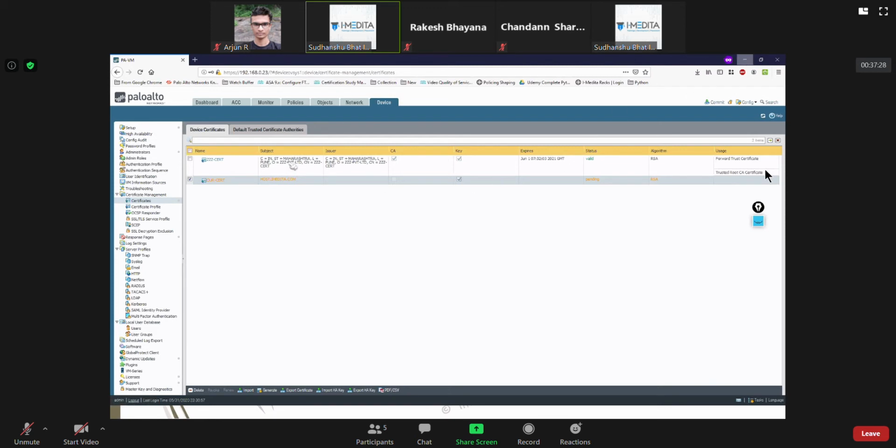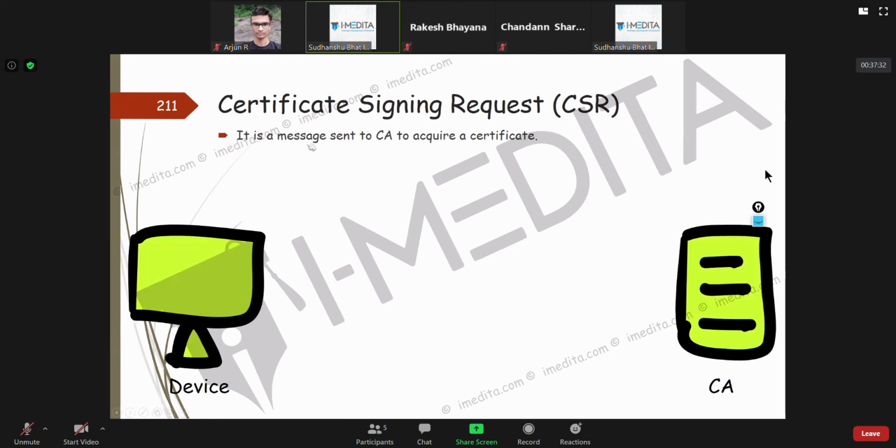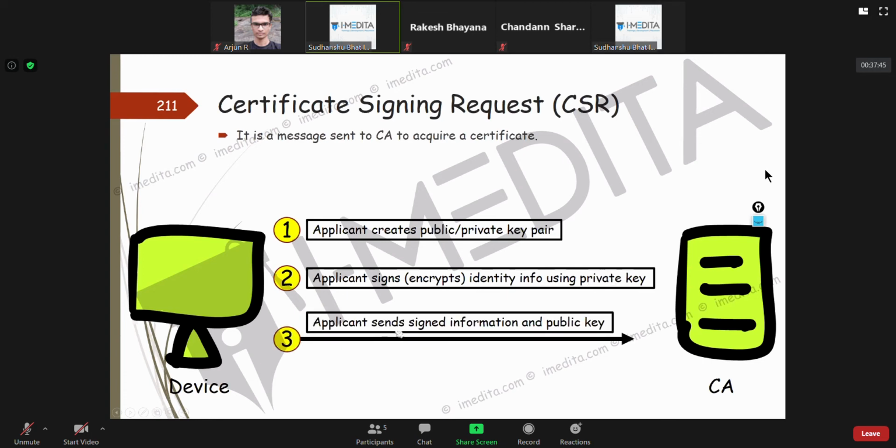So CSR, what is it? It is a message sent to the CA to acquire a certificate. What happens is the applicant creates a public private key pair and signs the identity info using the private key. The applicant then sends the signed information and public key.